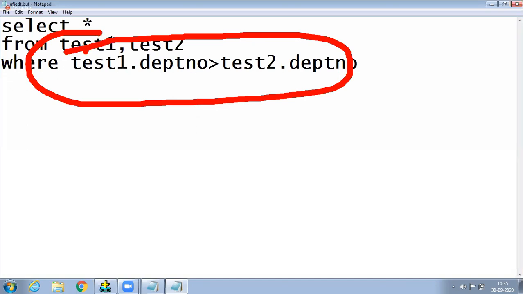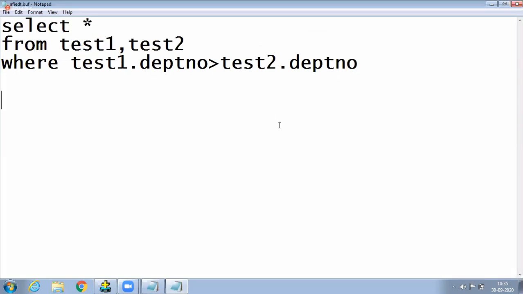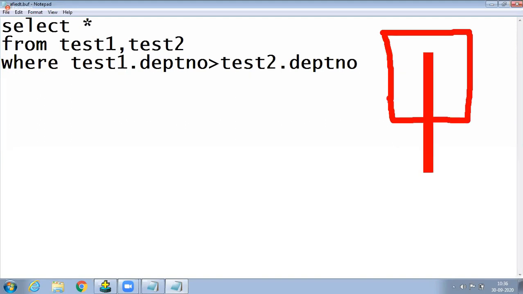And now observe how joins are executed. Concentrate. Very easy. Now check it out. Now this is a table. Very interesting. This applies to every database and any join. Suppose department number is a column. This is the test one table. Observe what values are there. Concentrate for five minutes and you will understand everything.